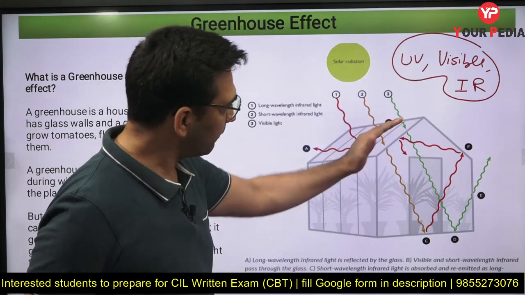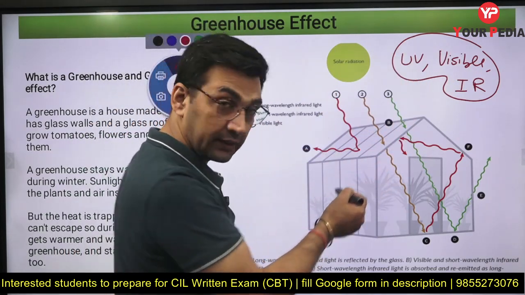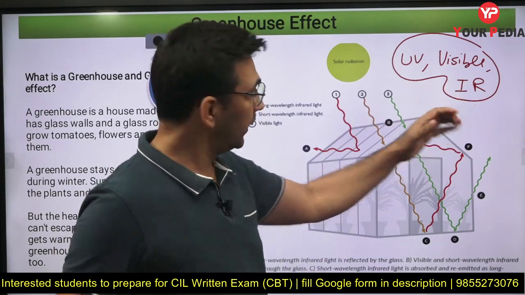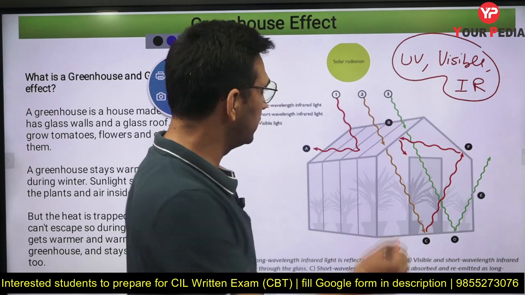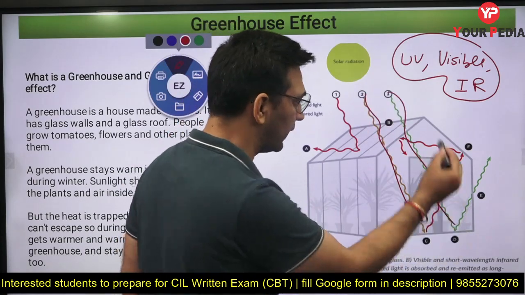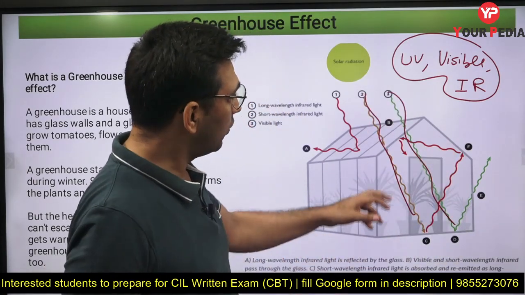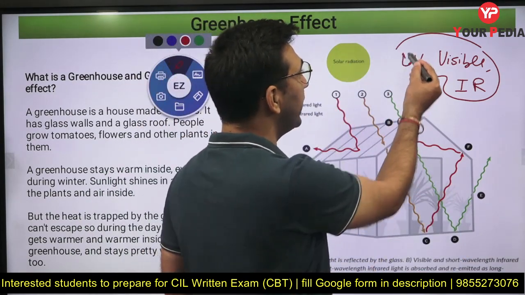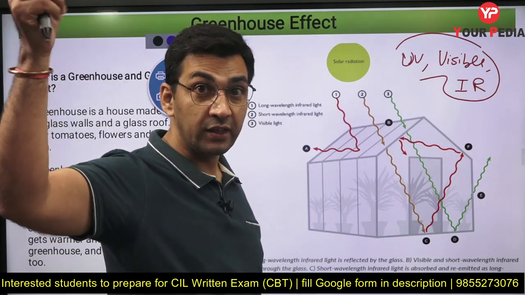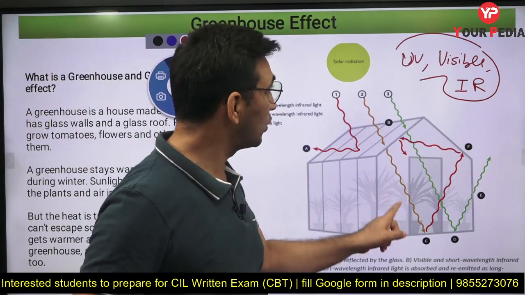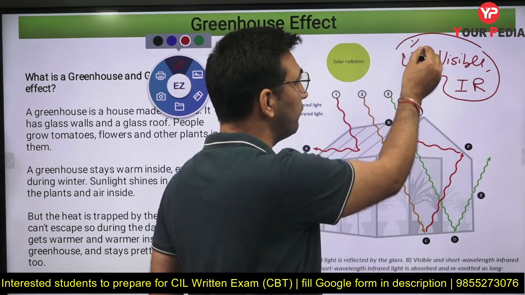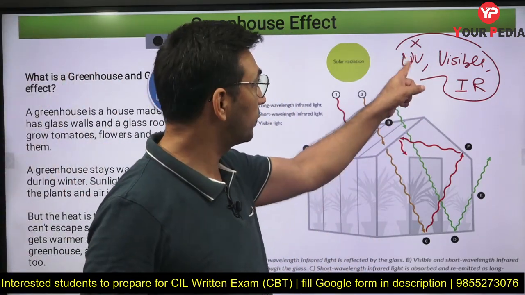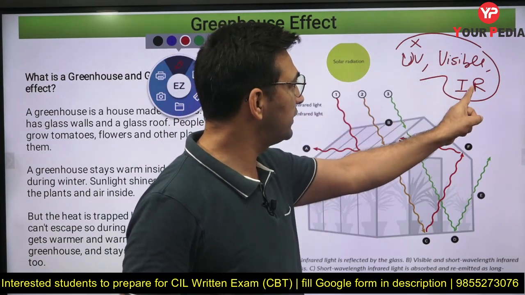So when they fall on the surface of this glass, because they are shorter wavelength, they have very high energy, so they can penetrate the glass. So all these radiations basically go inside that glass, right? Now out of all these radiations, we have shown only one. Why? Because UV radiation, most of it is filtered by the ozone. So that is why we have not shown those radiations over here. So let's forget about them. Only a very small portion is coming on the surface, because the ozone layer is filtering most of the UV radiation. So we are left with visible and infrared.